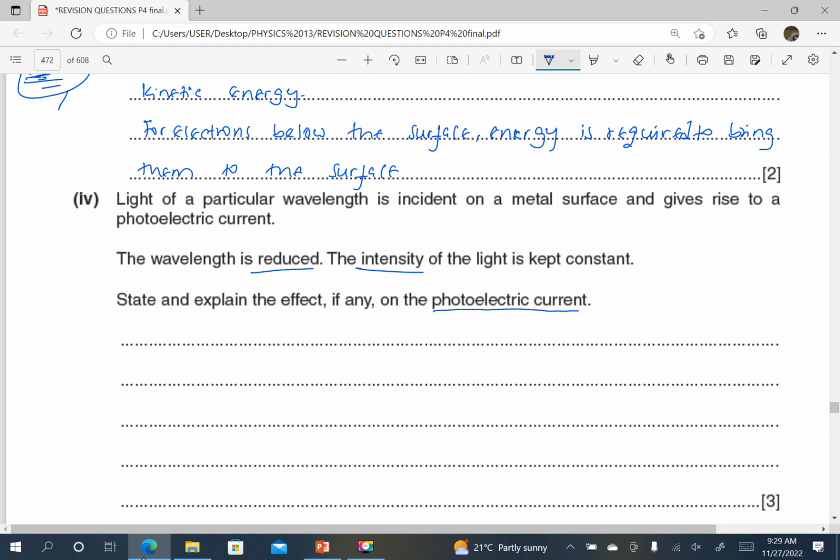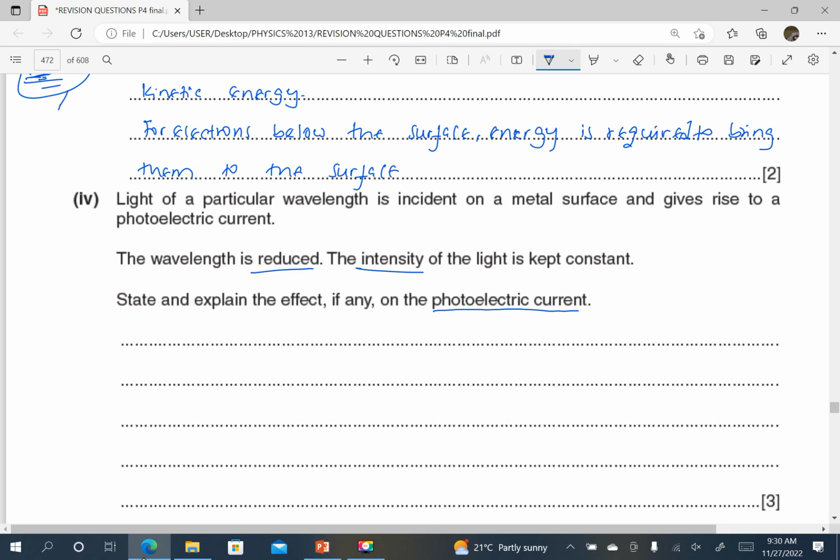The number of electrons emitted depends on the number of photons incident on the surface. The number of photons incident on the surface is controlled by the intensity. If the intensity is constant, it means the same number of photons are incident on the surface. But the wavelength is reduced, remember? And if the wavelength is reduced, it is now going to affect again the number of electrons arriving on the